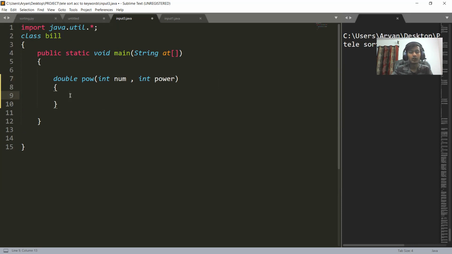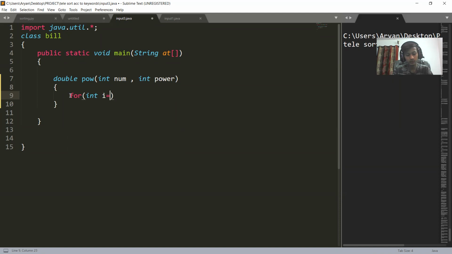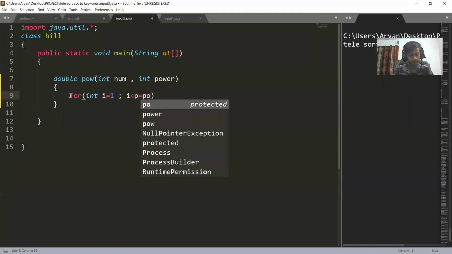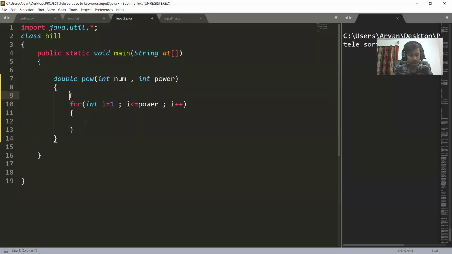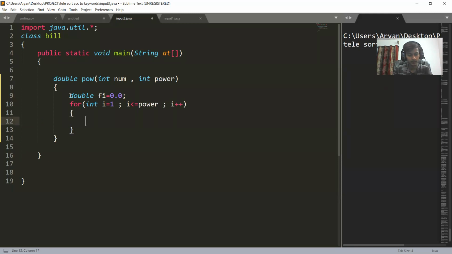Clear? Now we have to calculate and return the power. We can do this with a for loop: for int i equal to 1, i less than or equal to power, i plus plus. Before it, double final value, let's call it p, equal to 0.0. Here we will do p equal to p into num.